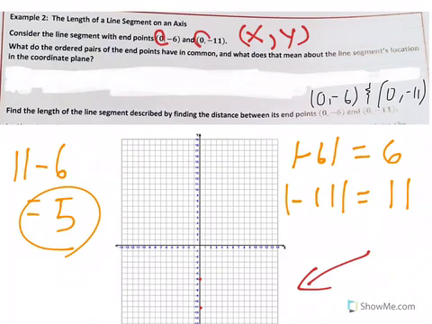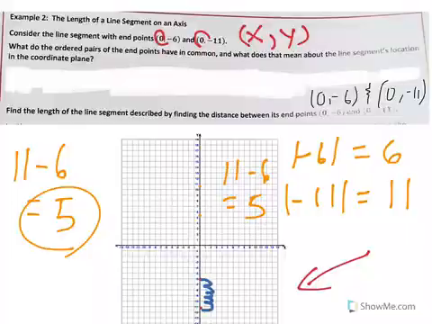If they were both positive, let's say they were 11 and 6, you would do the same thing. 11 minus 6 is 5. There's 5 units between them. Now, of course, you can also count and say 1, 2, 3, 4, 5, and see that that is the